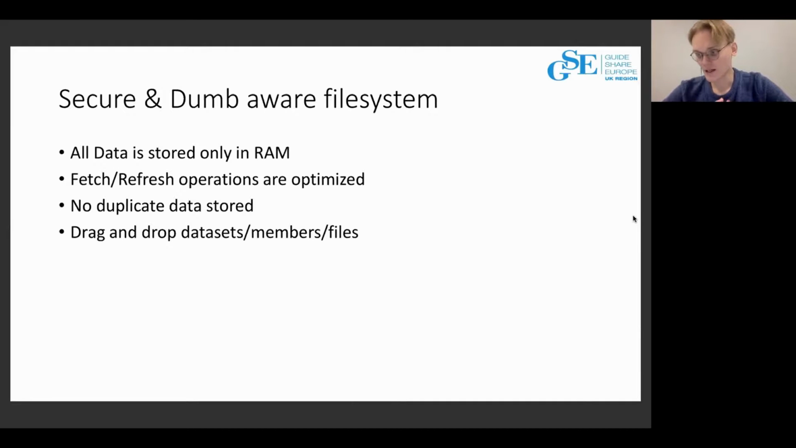That means it might be helpful for people whose project's policies don't allow storing the source code on the local machines, on the local drives. So only in the RAM. Fetch and refresh are optimized in order not to overload the zOSMF server,